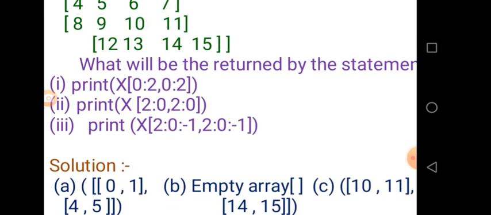The last value is not included because the last value is exclusive, so only two rows are selected, 0 and 1, and no step value is given, so by default the increment is 1, and this is the same for columns.